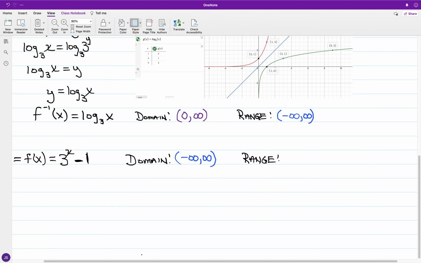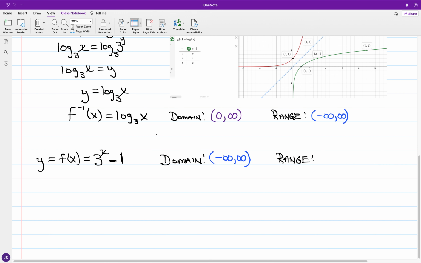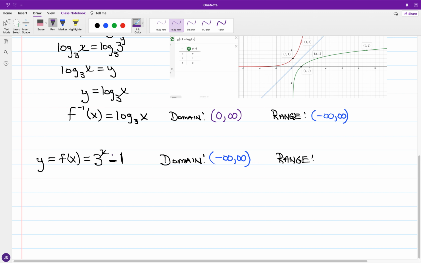well, guess what? Your y value is going to be almost 0 minus 1. And with the subtraction of 1, your range is actually going to be referring to values of y that will be greater than -1. And in interval notation, we're going to have from -1 all the way out to infinity. Now, in looking for the inverse of this function,